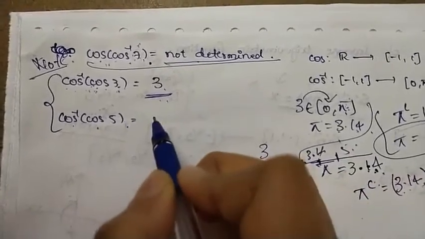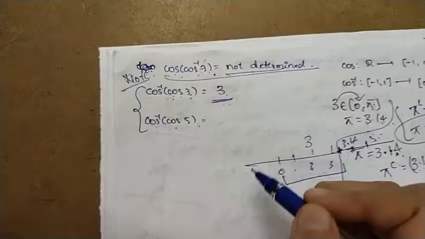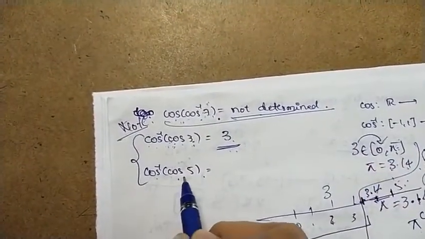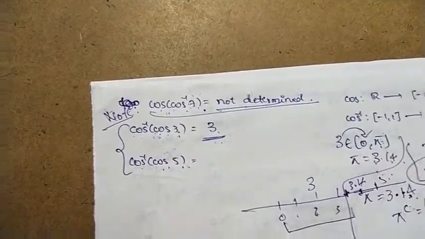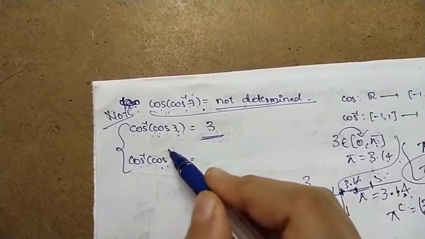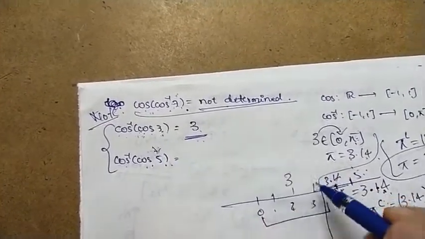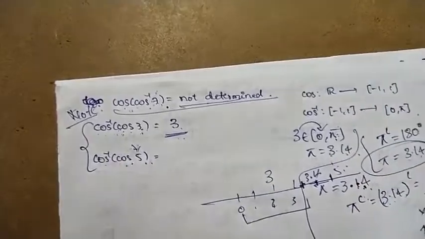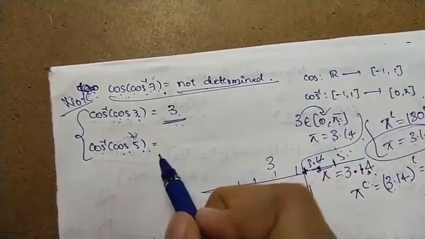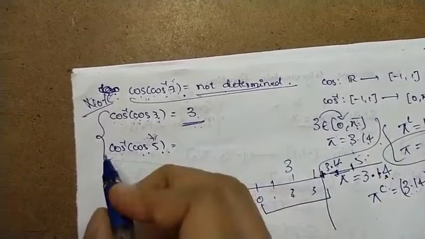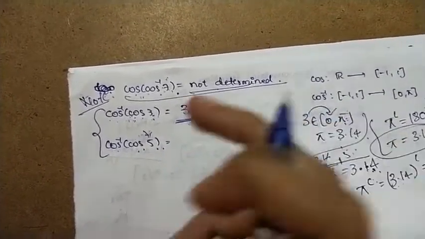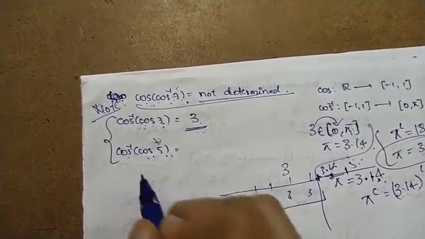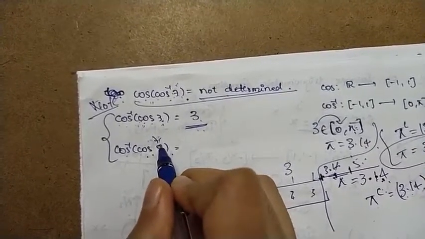So if this comes, again here we are not saying it is not determined. So cos inverse of cos 5. If the angle or range is not at all belonging to 0 to pi, in this situation we use the allied angle concept, where we try to bring that angle to lie within this range. So what we are having here is 5.